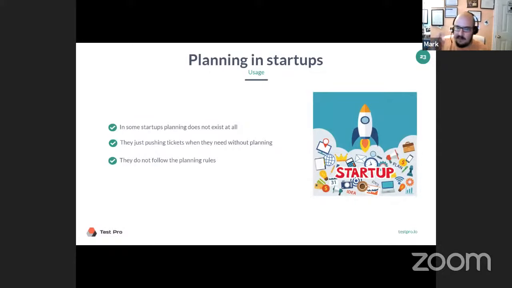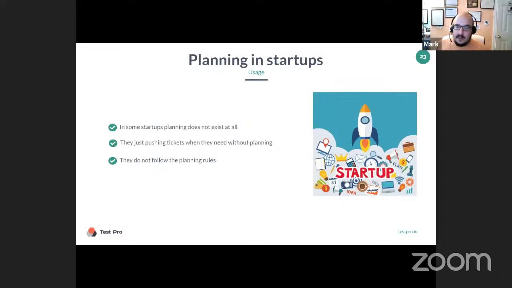Now, you have everything from Bill Gates in his garage starting a company, or whoever, to a college dorm room full of guys starting up, to a company that just got a first round of funding, all the way to a huge organization. But when we're talking about startups specifically, they have a smaller team, they have a smaller budget. A lot of times, this is where you should say, well, I learned in my test pro studies that you need to have some planning done or it's going to be a big disaster. You can leverage some of this, but typically